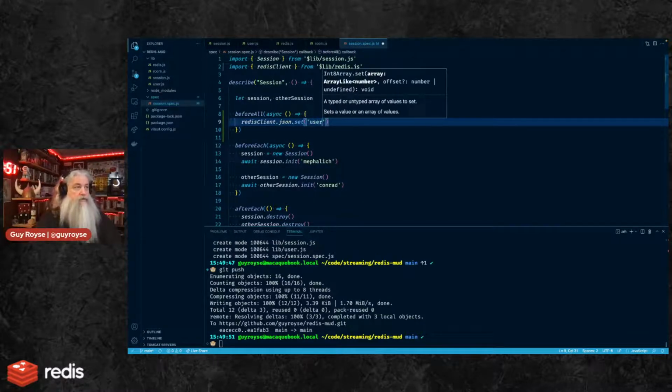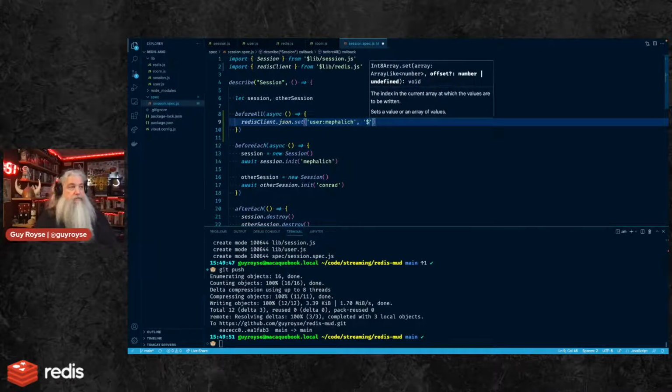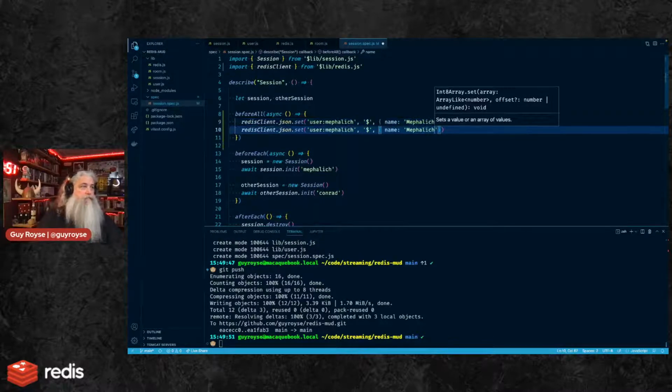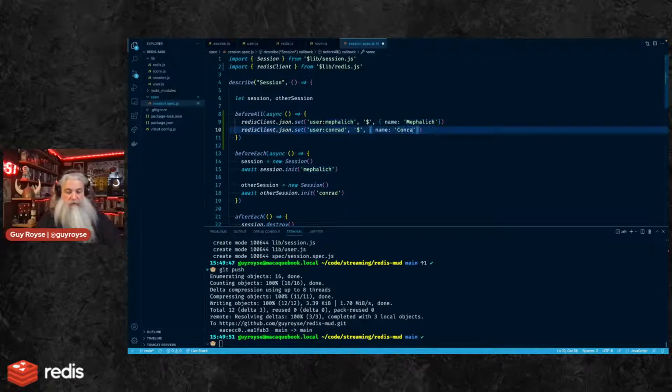And we need to set user:methlich. And in the root, set it to a JSON object with a name of that. And then we need user Conrad Taylor.